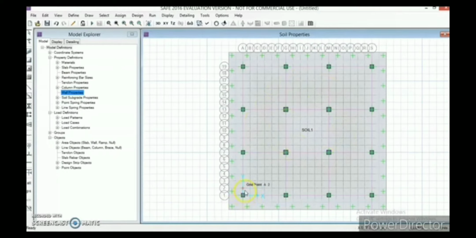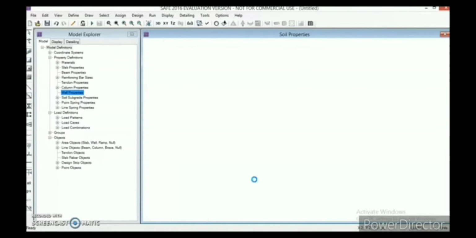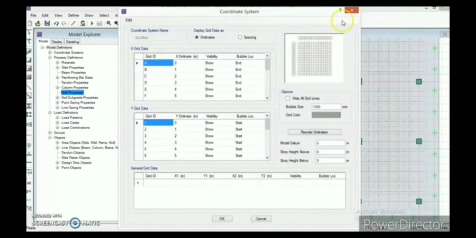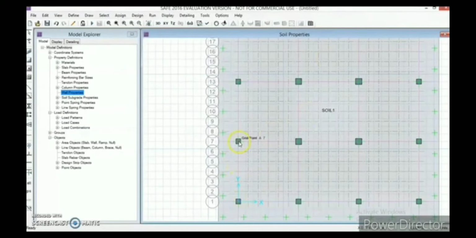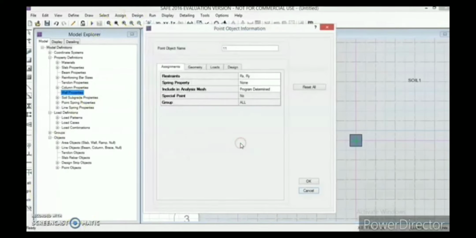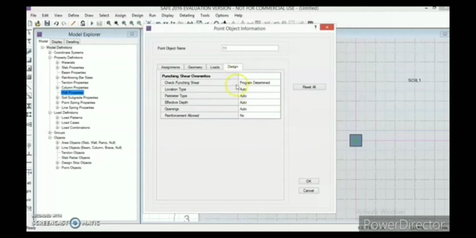Now I need to assign the steel properties to the column. Firstly, let us check whether we have already assigned them. You can check them. Please be careful. You need to check inside the area but not the points. Yeah, here it is displaying 1 point, so that's not right. You need to select the area inside it. So now it's fine. One area, 4 edges selected, and you can right click over that and design.